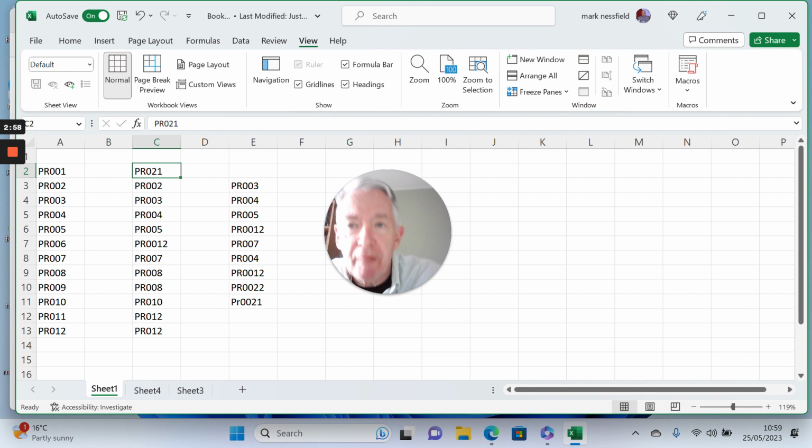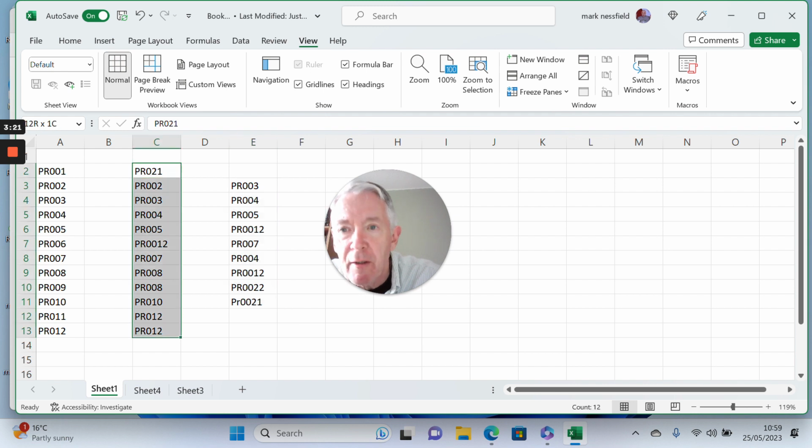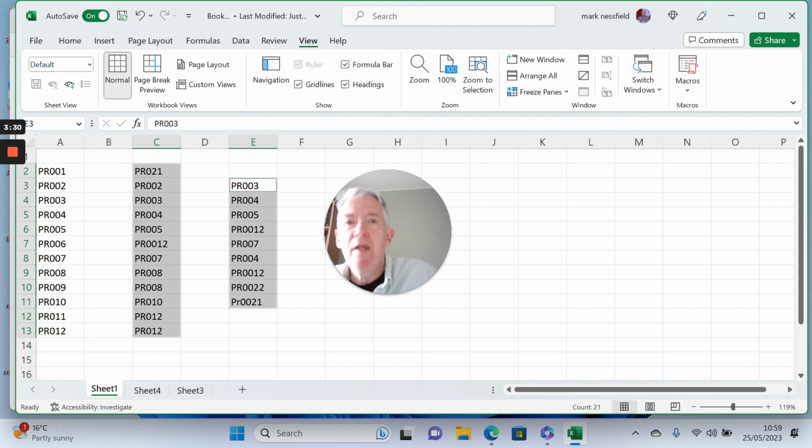We can select this column of cells, Control Shift down, but in order to include this next column as well, use the Control key and then Shift down. Well, I haven't done it quite right there. I'm going to start again. And copy. We don't even need to copy. What we do need to do,